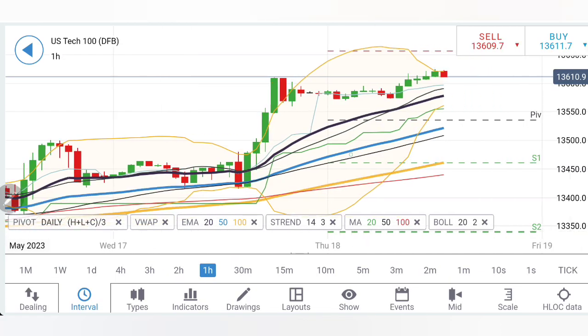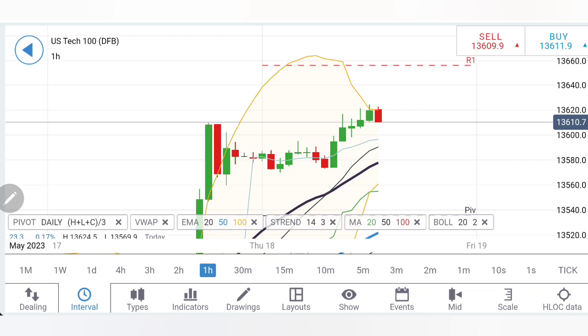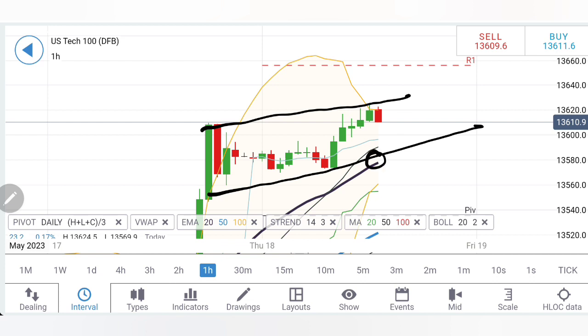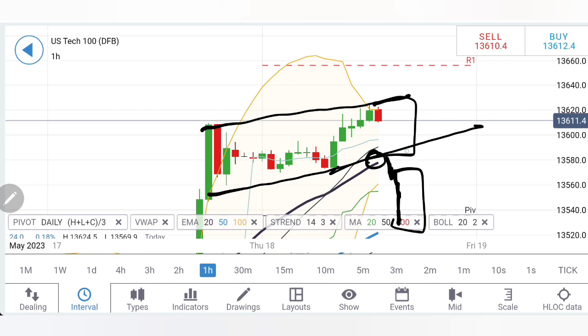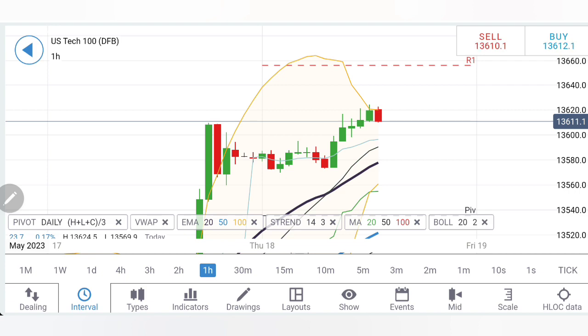Now first let's have a look at the hourly charts for US100. See, higher highs, higher lows, which means the support there till 13,580 levels. Very good, 580, 570, and only if it breaches below these levels, that is 13,570, you can expect that Nasdaq 100 will try to drop further. Else till the time it stays between this zone, that is 13,570, 13,630 levels, for the 60 points, stay away